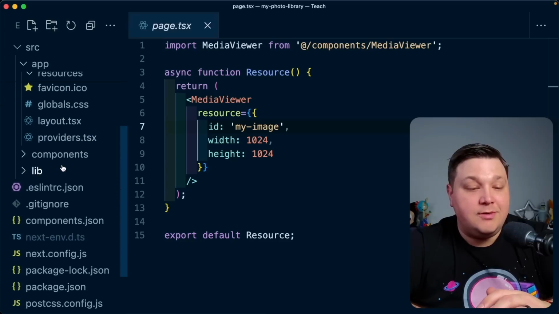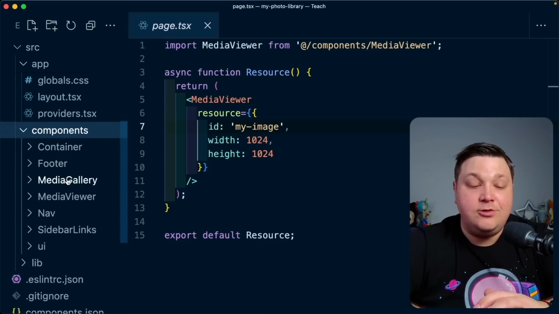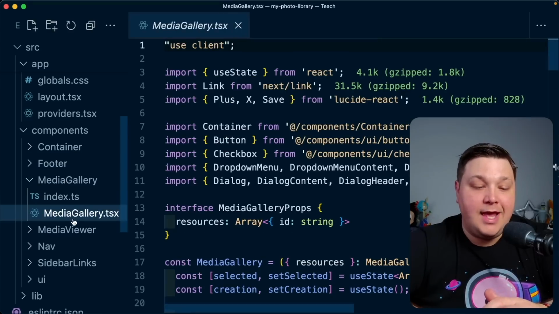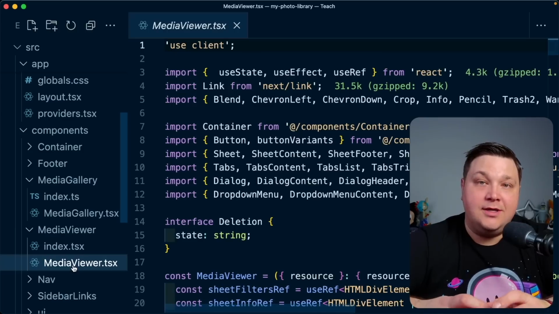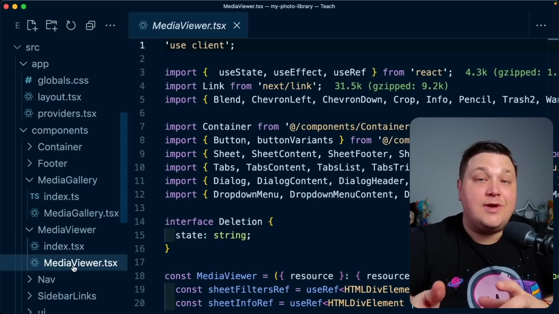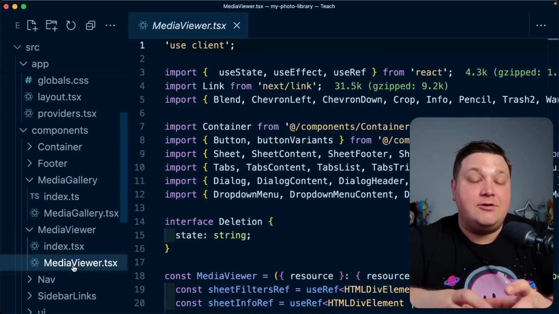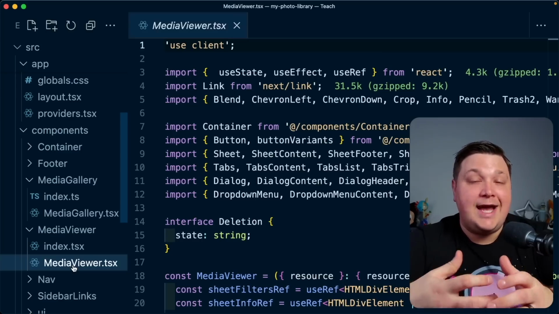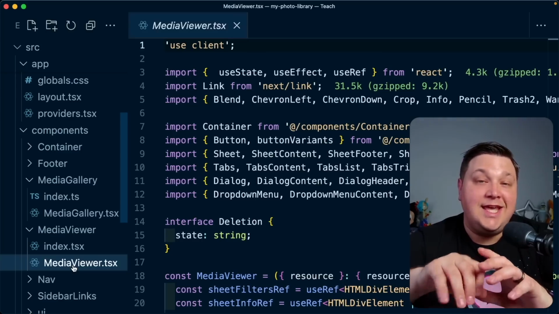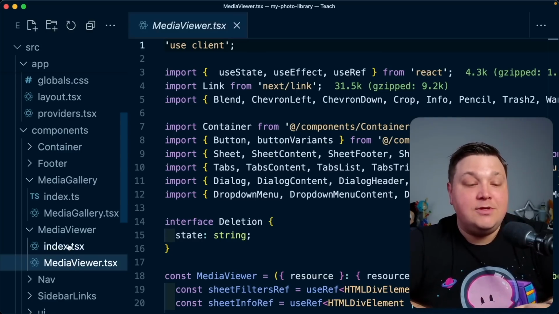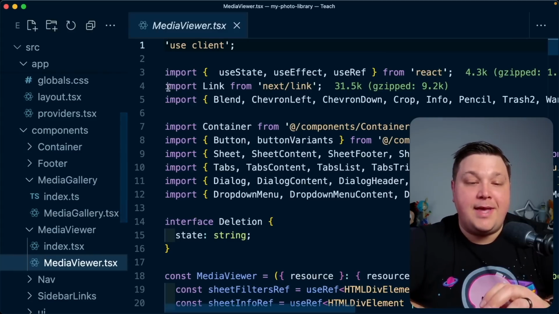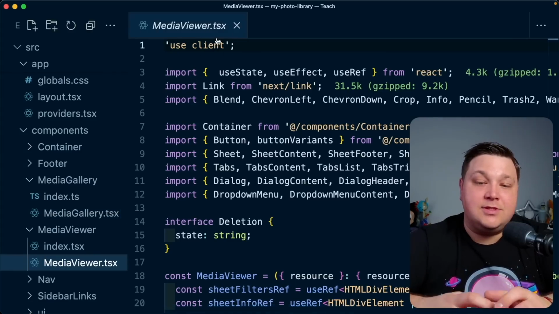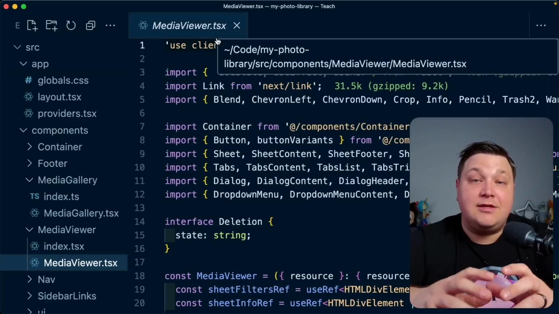pages. We're also going to be working out of some components, including a media gallery component, as well as a media viewer component, where because we're opting into SSR or server-side rendering for the core of the page, we want to be able to use some client-side features to actually be able to interact with our images inside of the application. So we can see we're using components to do that. We're appending use client at the top of those, where we can then take advantage of some of the client-side